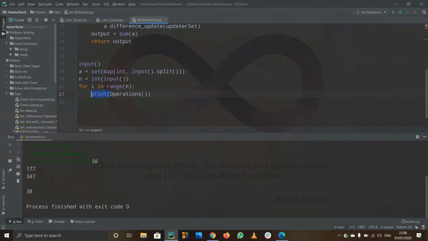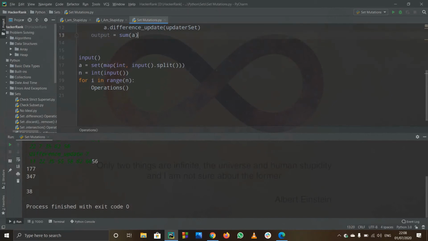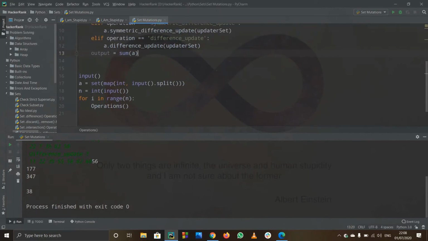Hold on, I don't want to print it. This whole operation will run that many times, and actually I don't have to return it because I don't want to call it again. So output equals this, and when this happens for i in range n, which will be 4 for now, this whole operations function will be running 4 times.